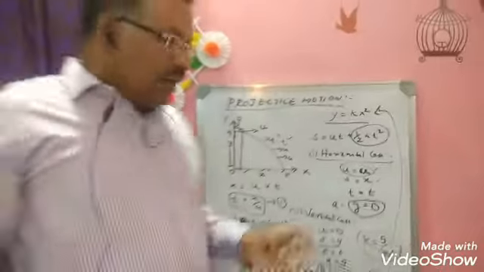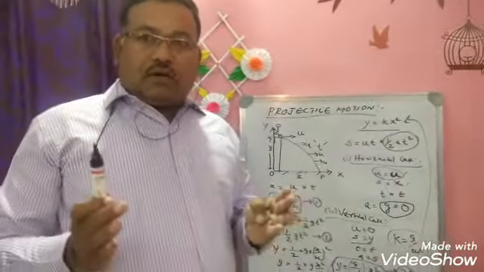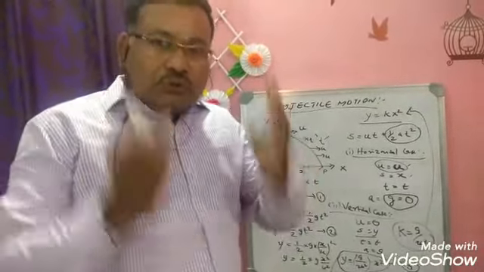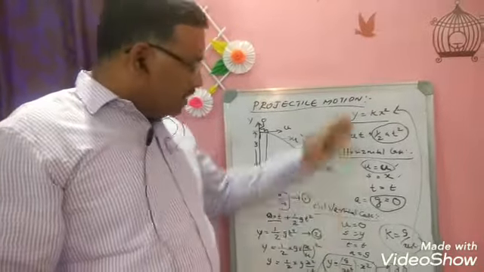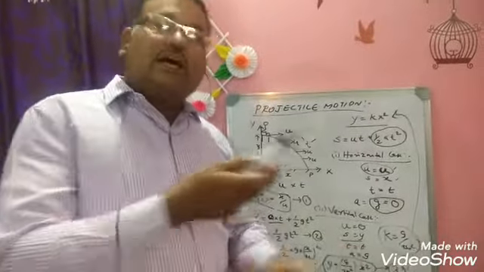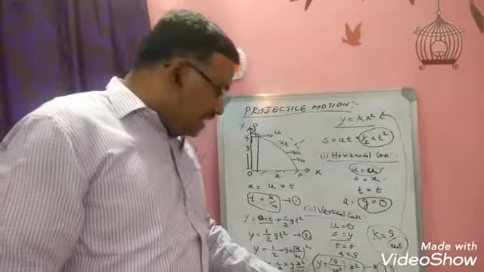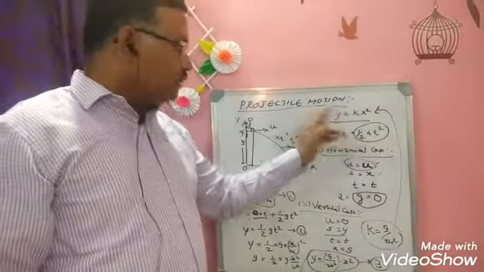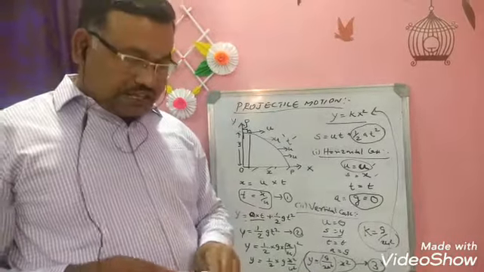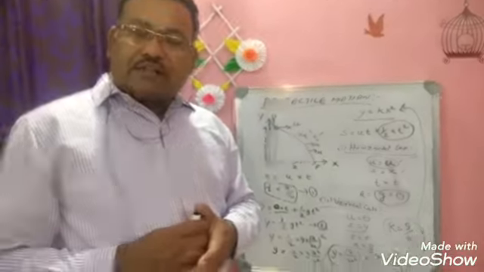So now what we can tell is that the path of the projectile is a parabola using horizontal projection. We proved it. So when a body is projected horizontally, the path of the projectile is a parabola. We have proved it because the last equation is in the form of y equal to kx square, which is the equation of a parabola. So the path of the projectile is a parabola. We proved it. So it is an important question. Please listen carefully. Thank you very much.